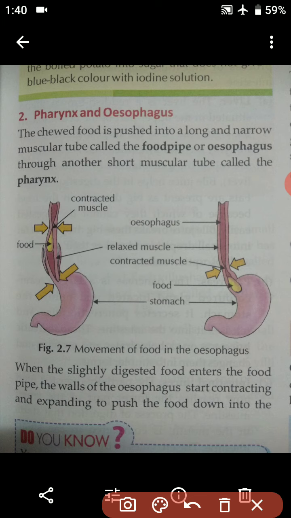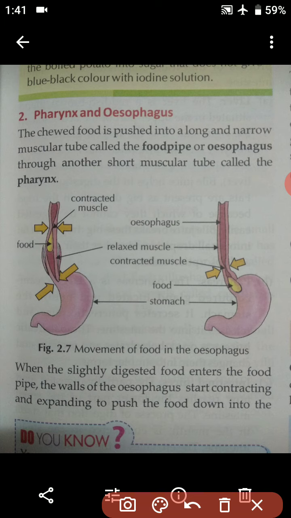So students, we are going through nutrition in humans. There we have completed the ingestion part and we are going through the digestion part. We all know that in the process of digestion different organs are used. We are going through the different organs one by one. We have already completed number 1, that is the buccal cavity or the oral cavity. Today we are going to start the next one, that is the pharynx and esophagus.